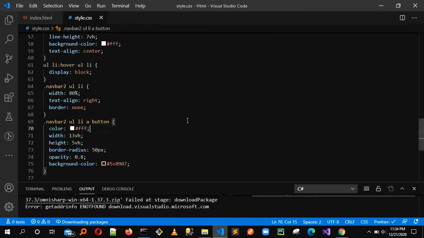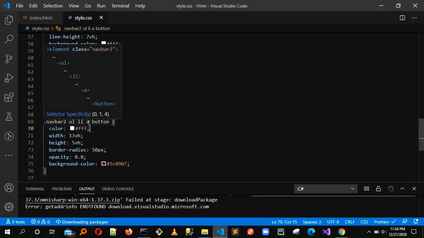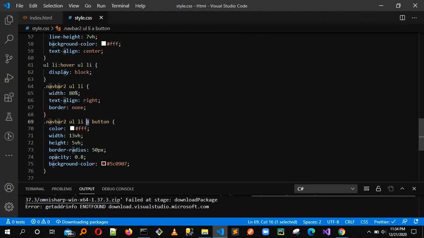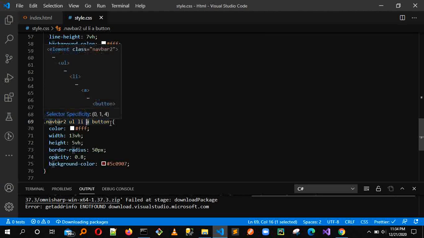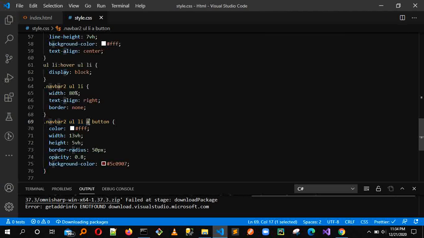So I was pointing to a button inside the list navigation partition navbar2, which is inside this anchor tag, but then we didn't have this, so our CSS was lost. Now it can be able to find this button here. So let's proceed